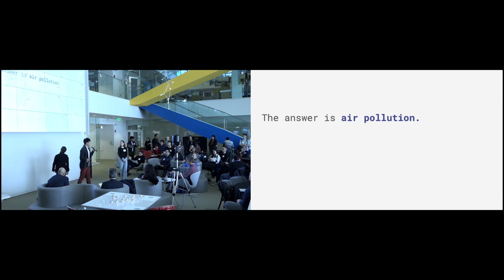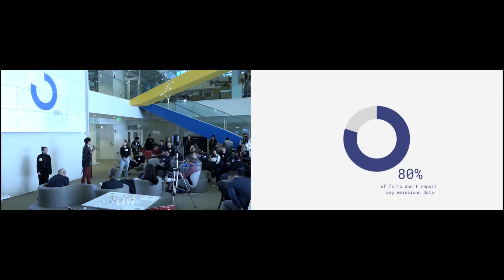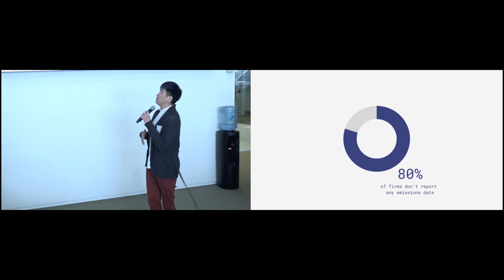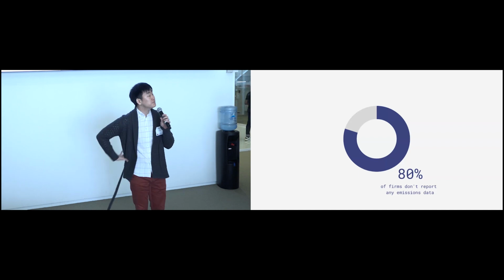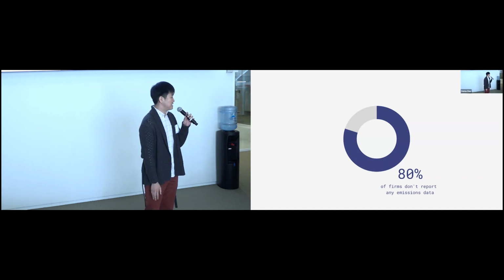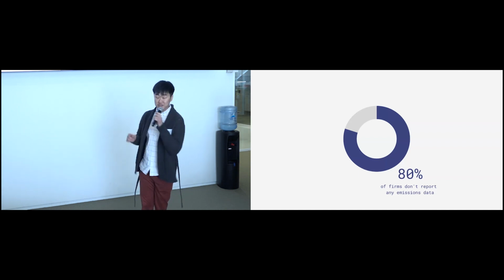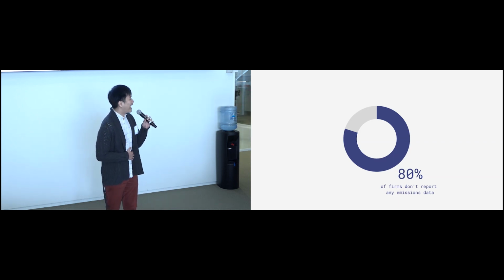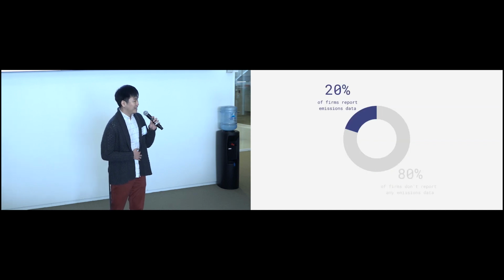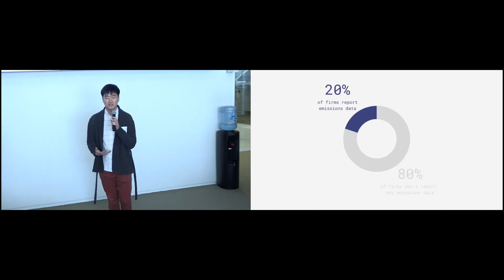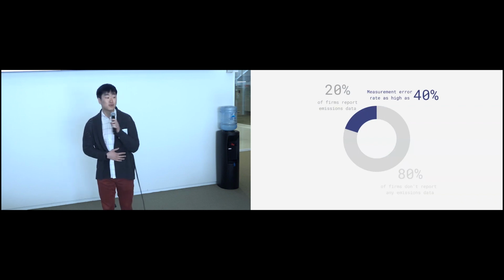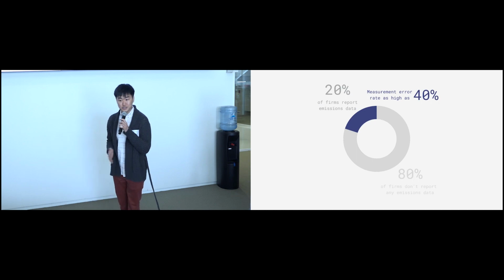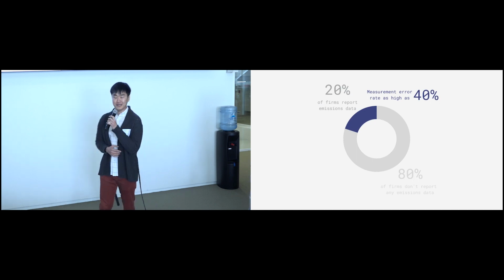Now, traditional methods for measuring air pollution often make it really difficult to trace pollution back to its source. Because of this, we see that 80% of firms report no data related to emissions caused by business activities. Of the 20% that do report data, there are measurement error rates as high as 40%. Currently, regulators and investors are placing greater pressure on industry leaders, particularly in the construction and the oil and gas industries, to monitor and mitigate pollution impacts.